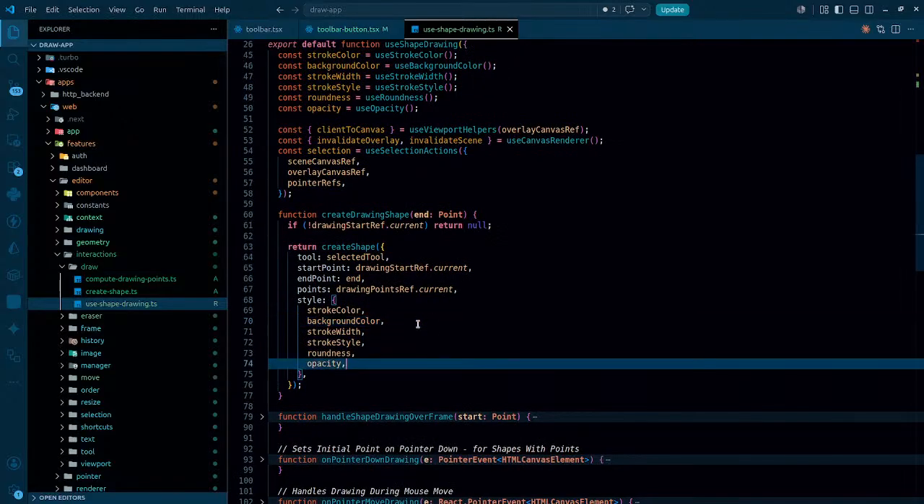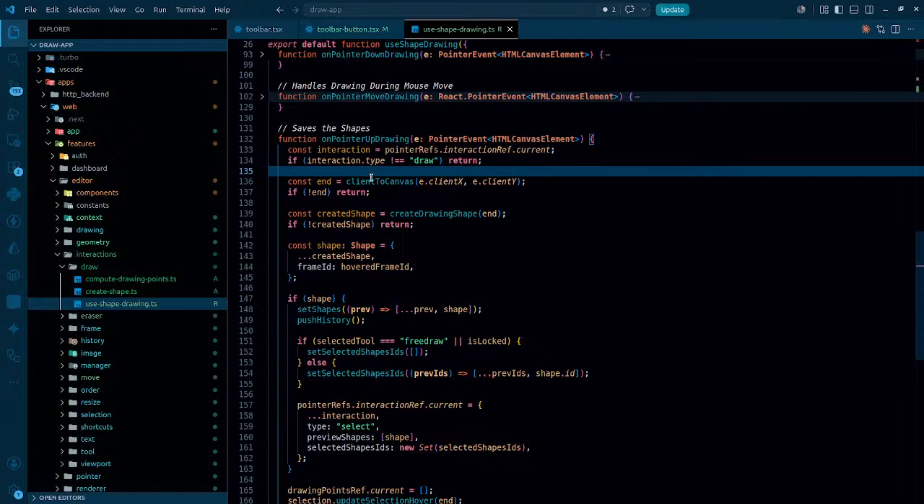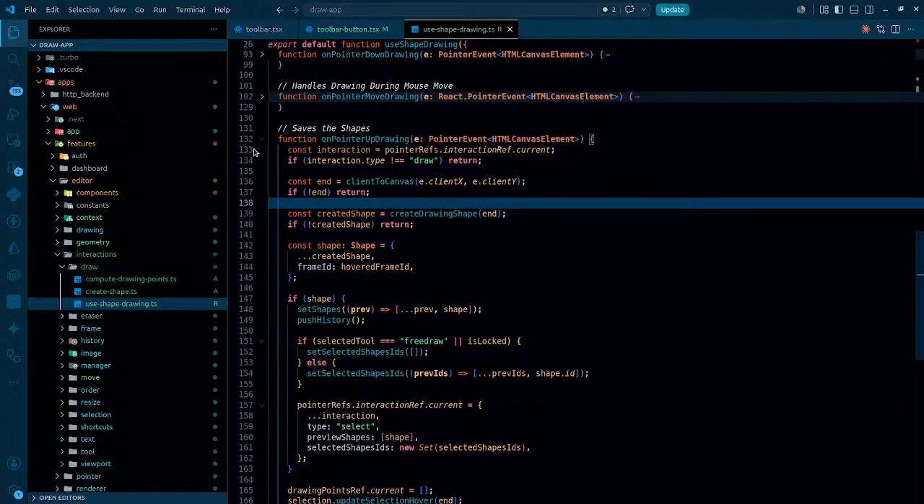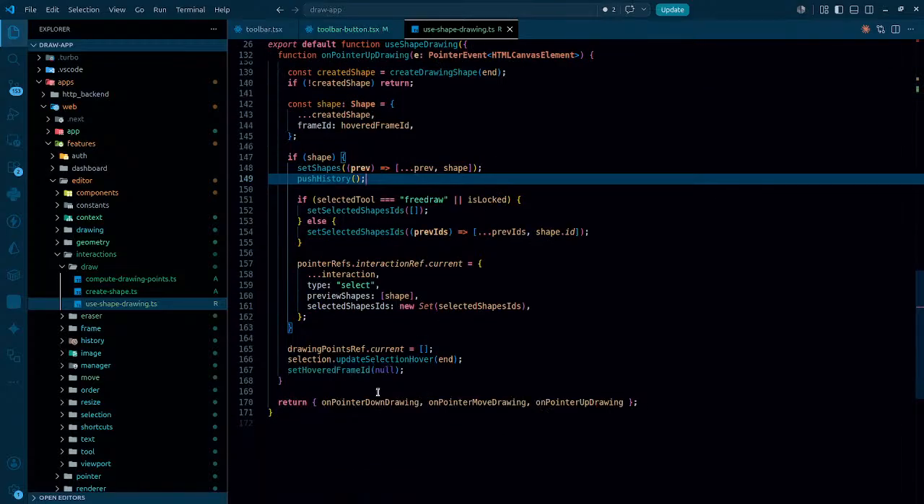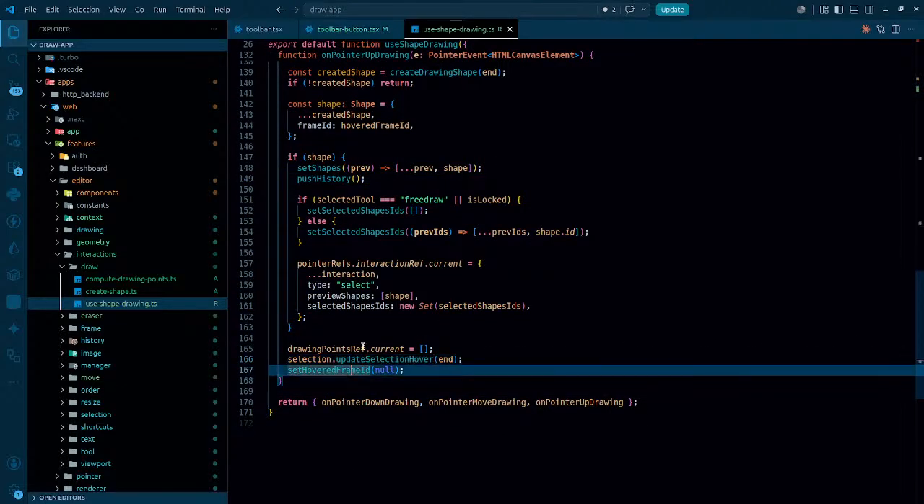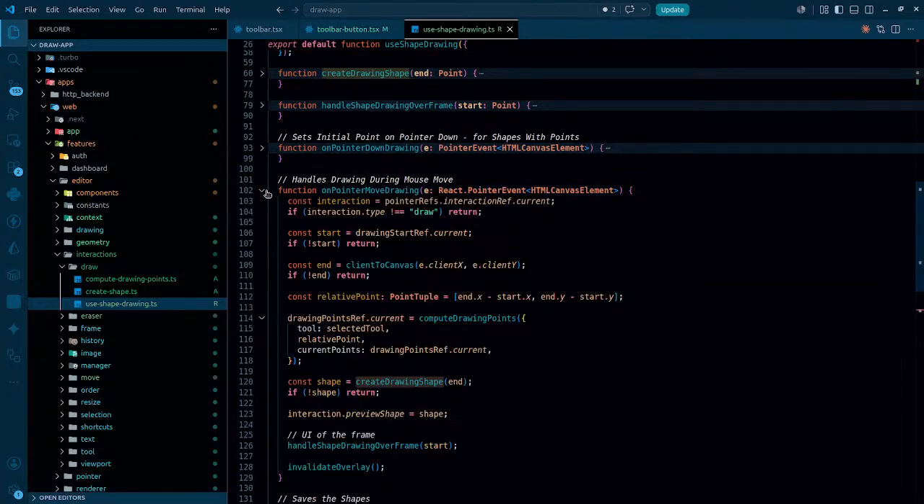And whenever we are actually drawing the stuff, on pointer up, if I'm not wrong, that's actually being used. Not here. I think during pointer move, that is there. So this is the UI of the frame, handle shape drawing. So it just simply changes the UI. So coming back to this in here,